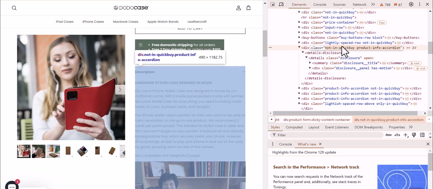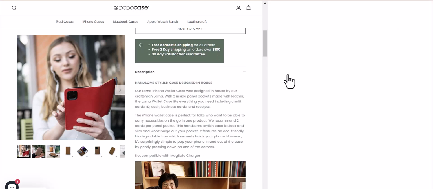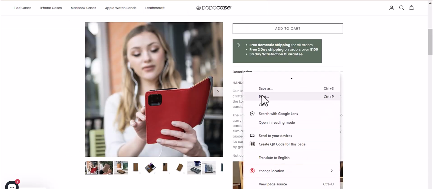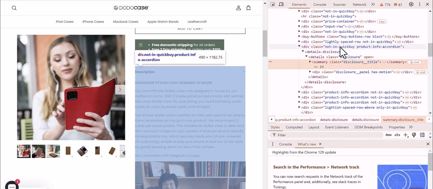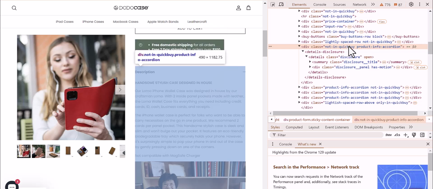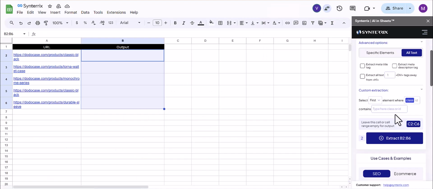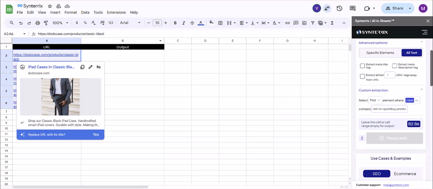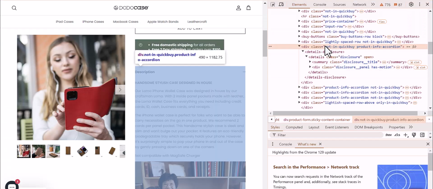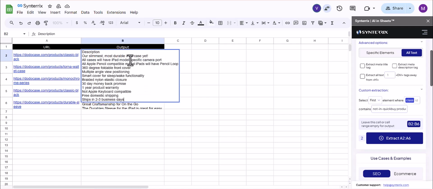that is wrapping this subsection. So what I'm going to do is I'm going again, just inspect the element that I'm trying to extract. I'm going to find the actual div, and I'm going to copy the class of this element, go to custom extraction, and just drop it in here. And I'm going to select all the URLs again and click on extract. And then what we're going to do, we're going to take the class of this section to return only the